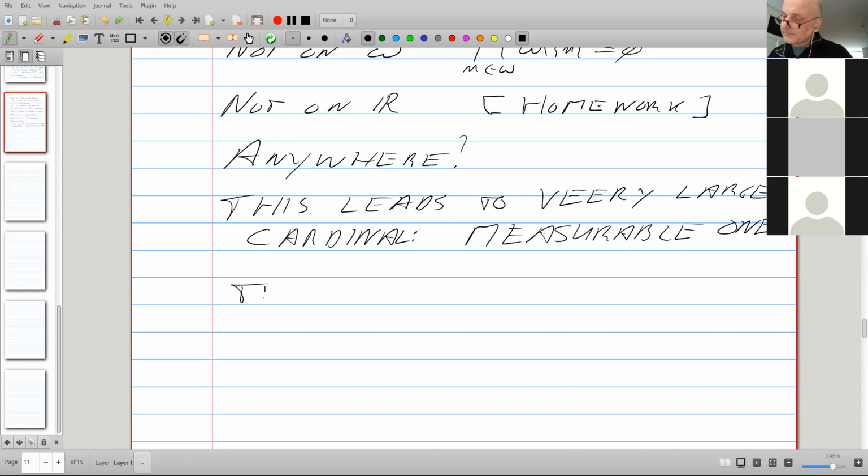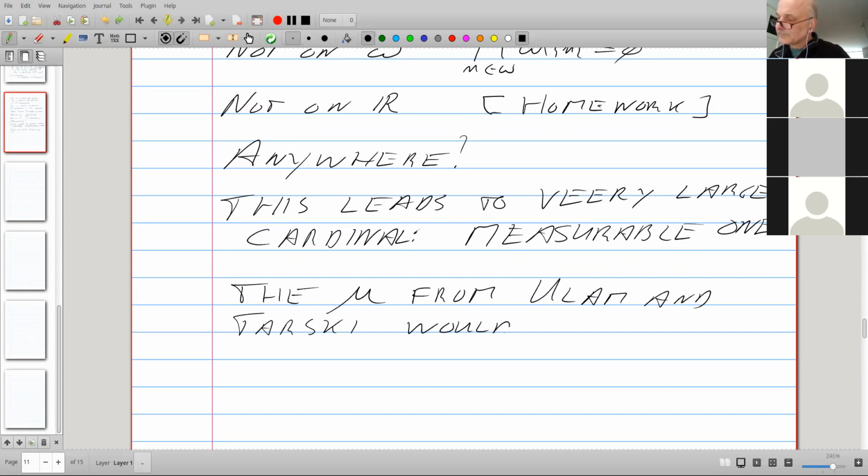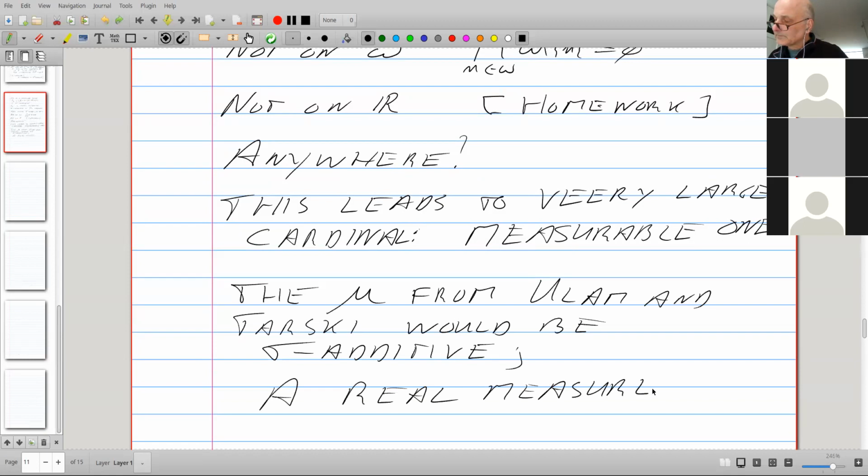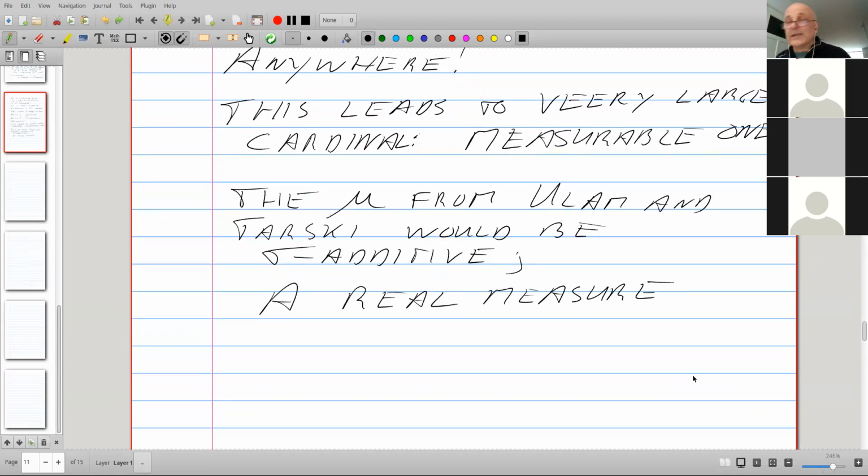Well, real measurable has some other meanings, but it would be a proper real measure, because a measure in measure theory is a sigma additive function that does all the things that we saw a few moments ago.